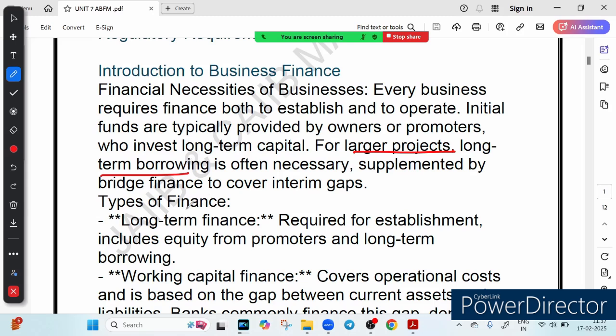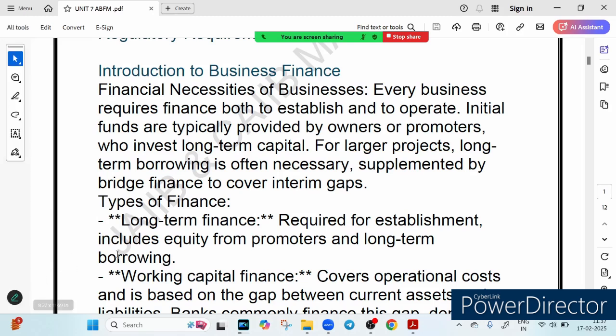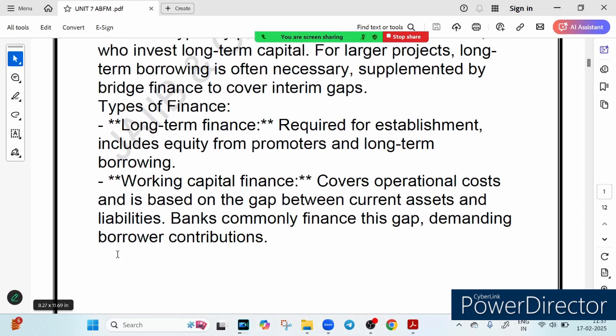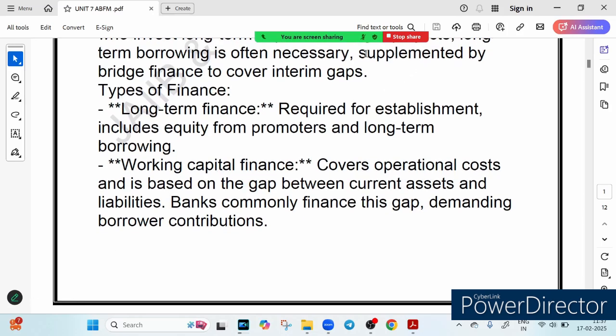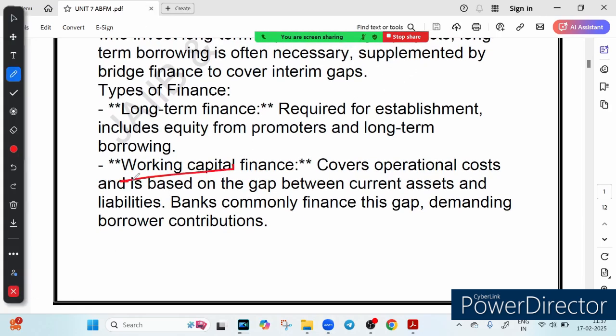And then after the business is running, some daily expenses are likely there, like buying stock, paying staff, managing bills, and all these things are taken care of by the working capital. So these factories or shopping malls need working capital, right? This is the money that keeps things moving, that is called current operational cost, right?